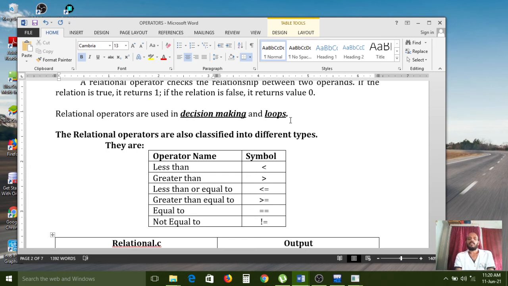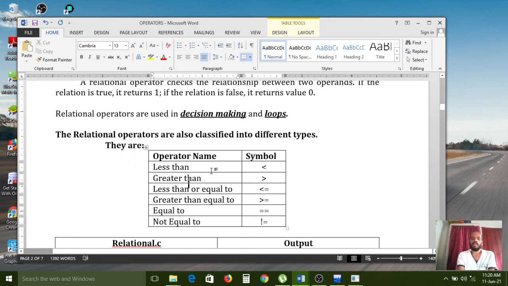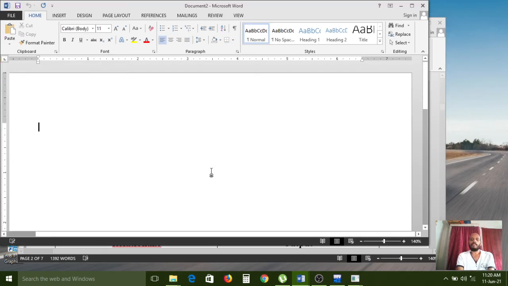The relational operators are also classified into different types. Please carefully observe here, I have given one table: less than, greater than, less than or equal to, greater than or equal to, equal to, not equal to.